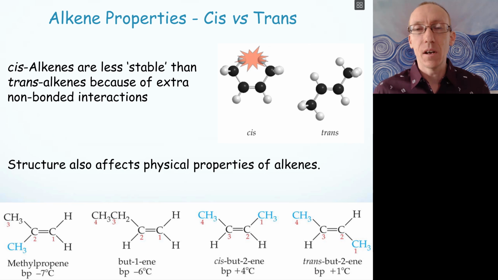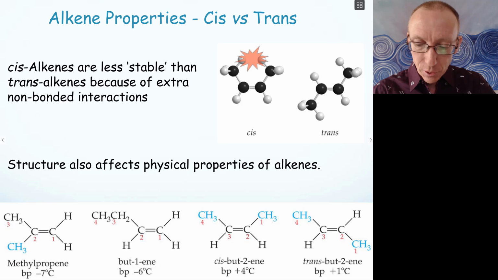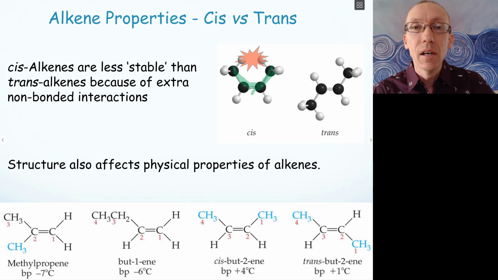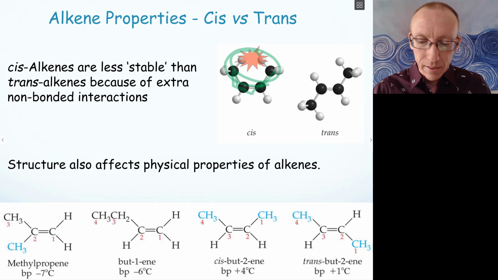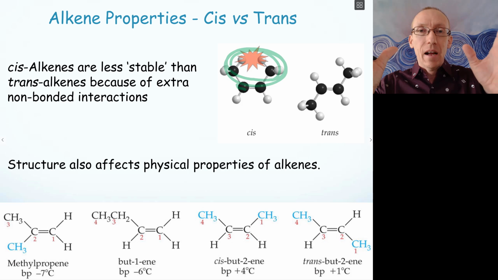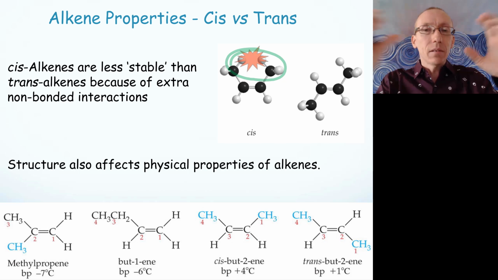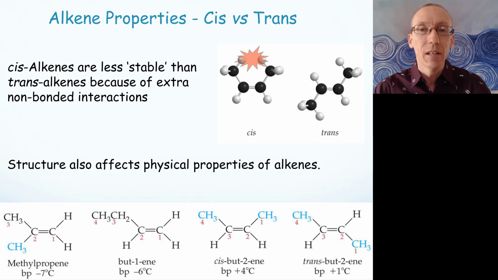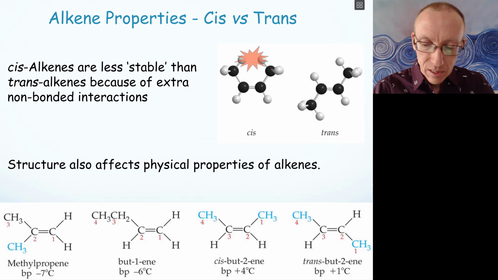Okay, now this idea of geometrical isomers or stereoisomers of alkenes is also important in terms of their properties. So cis and trans double bonds have different properties. And in general, cis alkenes are less stable than trans alkenes, because in a cis alkene, we've got the 2 groups on the same side of that double bond, and we can't rotate around that pi bond. And so those 2 groups are being held near to each other. Each of those groups has an electron cloud. Each electron cloud can repel the other. And we call that steric repulsion. And so this is a steric hindrance,